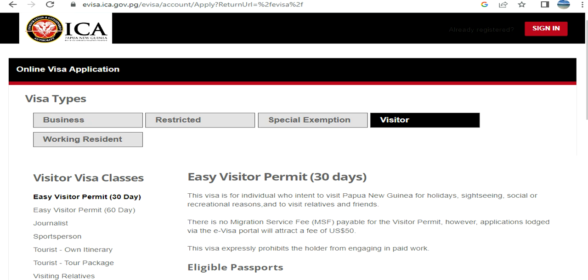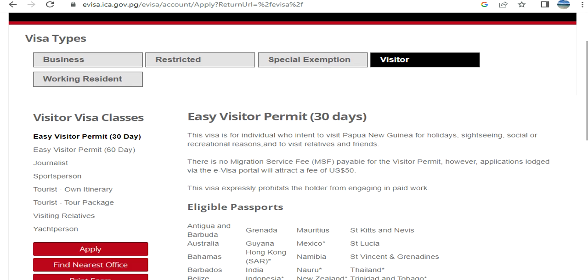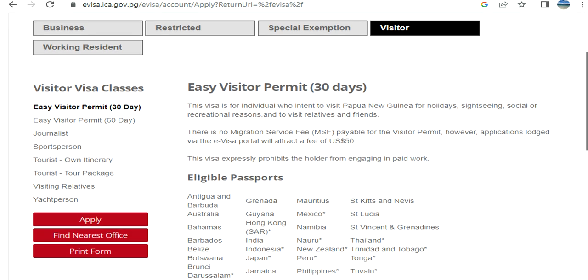So guys, e-visas are becoming very popular. Everyone wants to apply for e-visas nowadays if they need a visa, because of the ease in application and the way it goes through. So in front of you, I've opened the official online visa application site for Papua New Guinea, and here you see that they have an easy visitor permit where you can stay up to 30 days